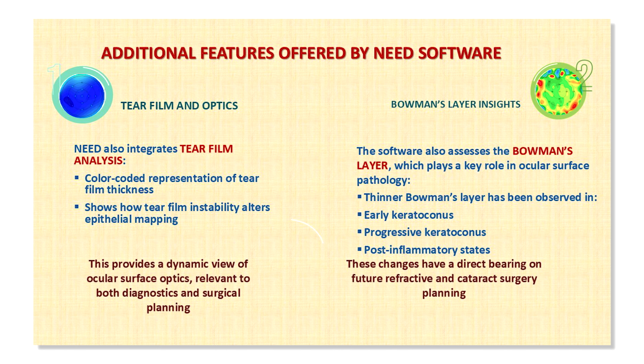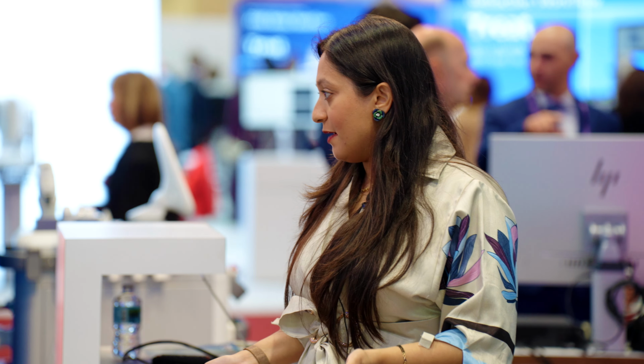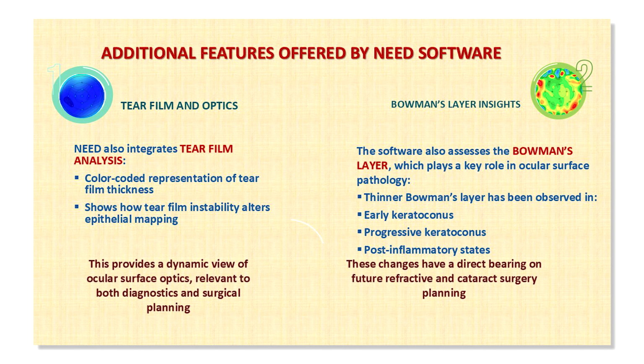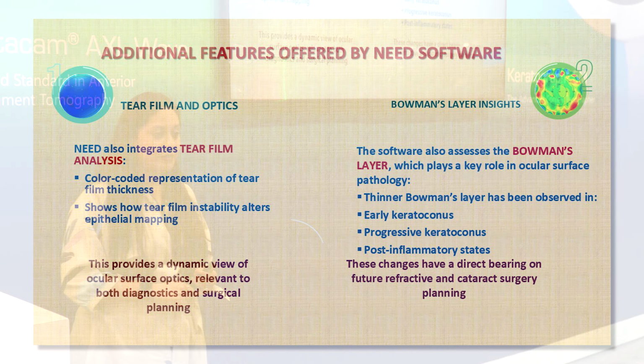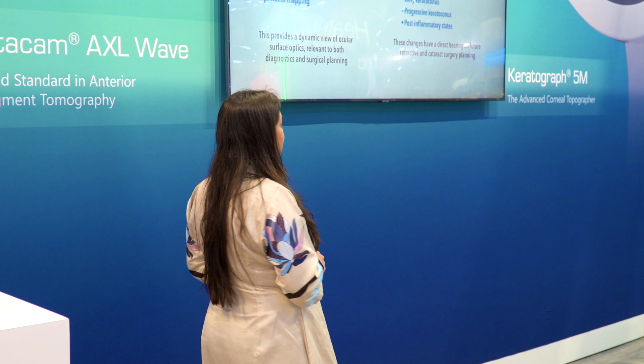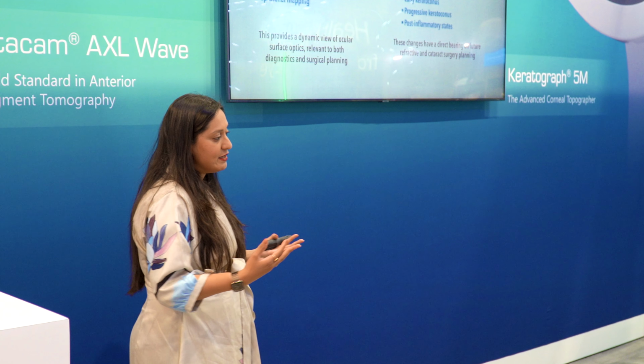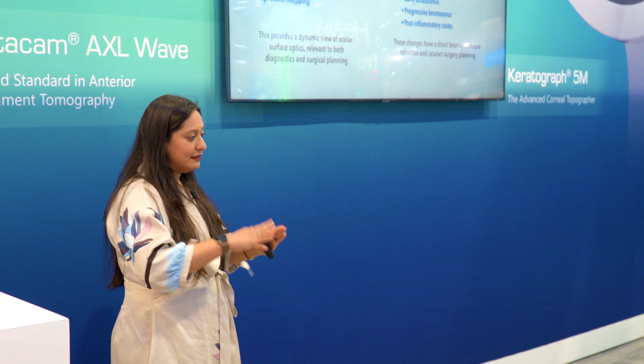The tear film, of course, helps us a lot in dry eye patients or any ocular surface patients. It will help to decide what kind of treatment you give, and if your treatment is working or not. And again, the Bowman's layer is very important, because if the Bowman's layer is thinned out, which we've kept on discussing, then you may be looking at an early case of keratoconus or a progressive keratoconus. If a Bowman's layer is thinned out in one layer, that case is a definite case of progressive keratoconus or maybe a past history of infection.